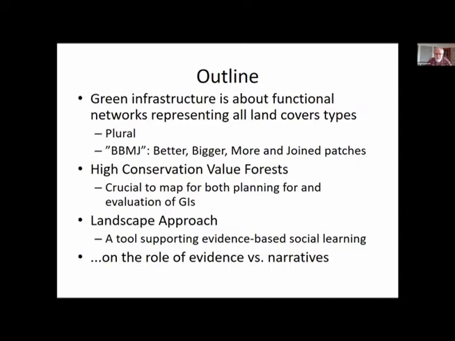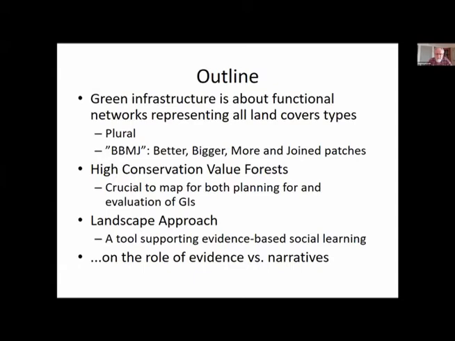I think it's important to remember that there are many kinds of ecosystems, so the concept has to be in plural. You have to have separate green infrastructures for, let's say, Scots pine forests and broadleaf deciduous forests and so forth. And you can discuss details, but